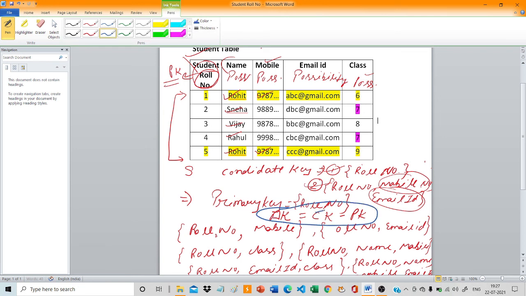CK is what? Candidate key. So here candidate key is what? Roll number, mobile number and email ID. Mobile number and email ID are left because roll number we have taken as the primary key. So I am just going to exclude it from candidate key. So the remaining fields are mobile number and email ID. So it will become an alternate key. Clear, everyone?